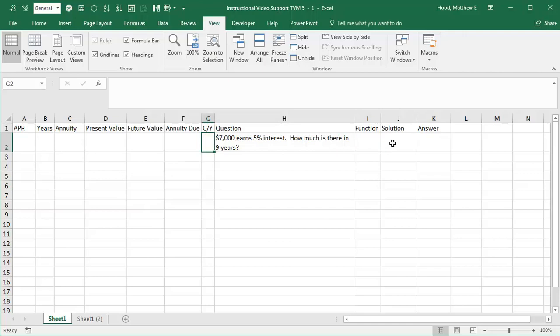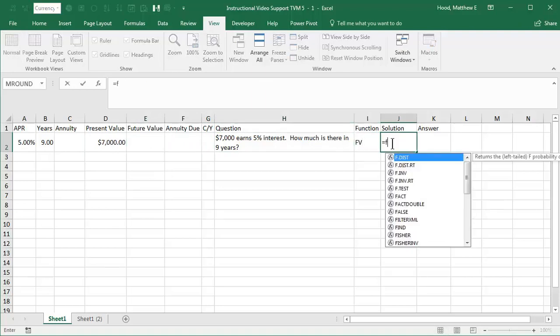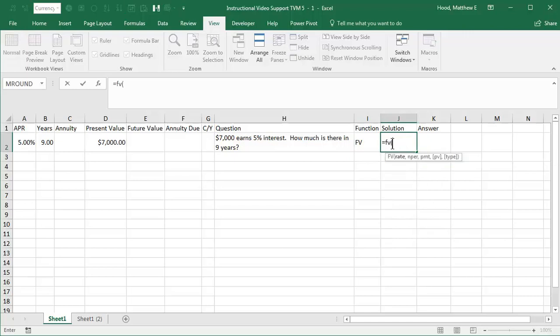So $7,000 earns 5% interest. How much is there in 9 years? So I've got 9 years, 5% interest, and $7,000 is the present value, and I want to find out what the future value is. So the solution would be equals FV, open the parenthesis, the interest rate, the number of periods,